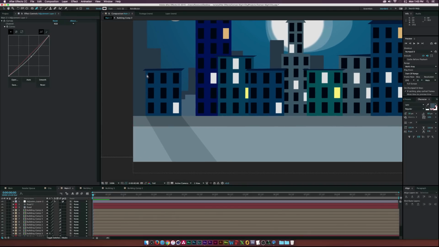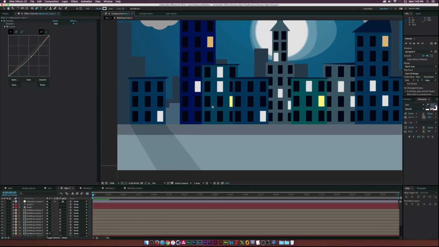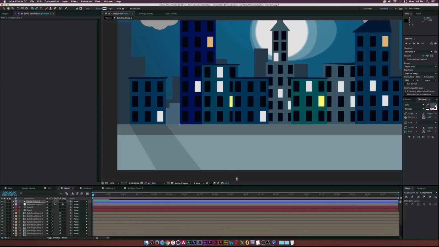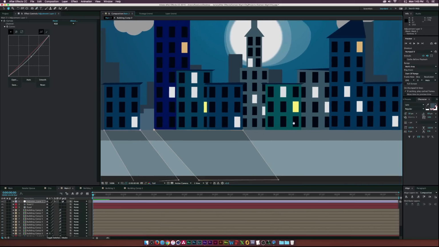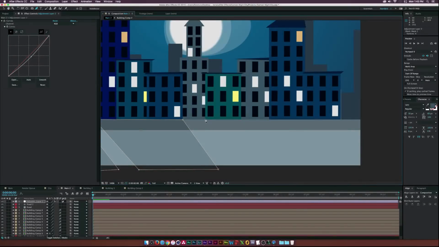I'll do the same thing over here. Maybe I'll select all these buildings, and do the same thing down here. Go up to this building and close the point there. I won't do one for this building here because it's more of a background, and we want to create a little bit of an interesting look. We'll go there and close that up. And for our last building,